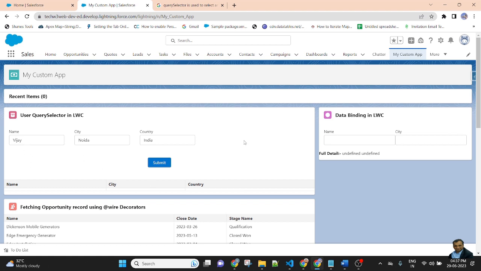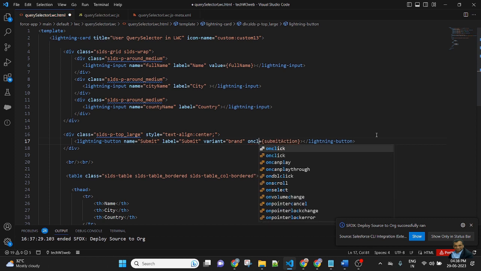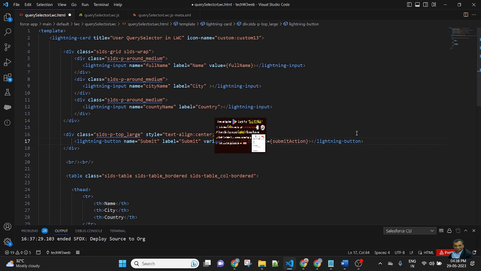The button is not working. Let me check my VS Code. This is a button with onchange. Instead of onchange, we need to use onclick, and the answer will be the same.